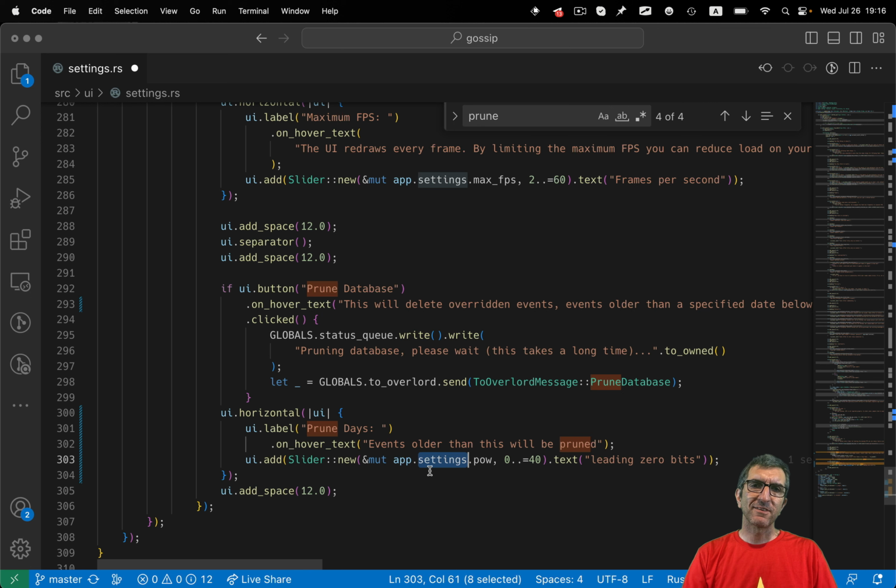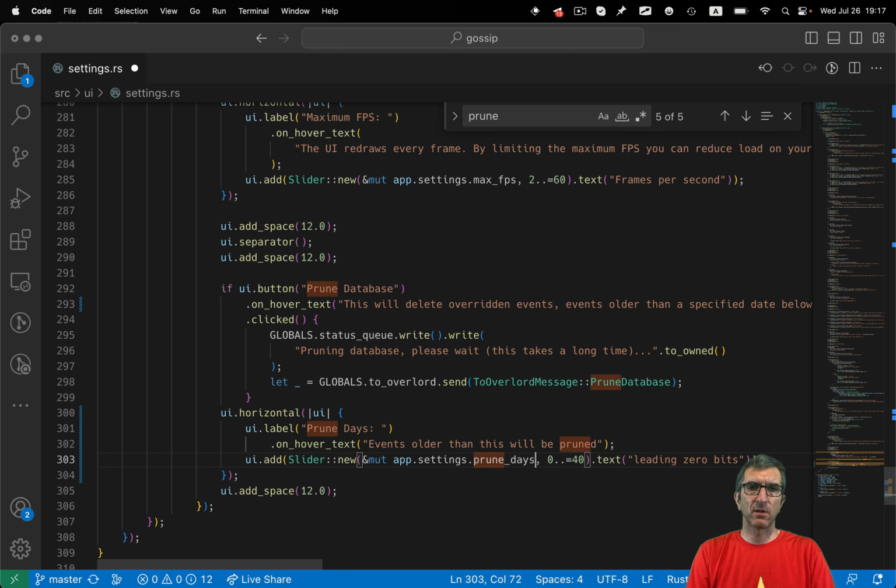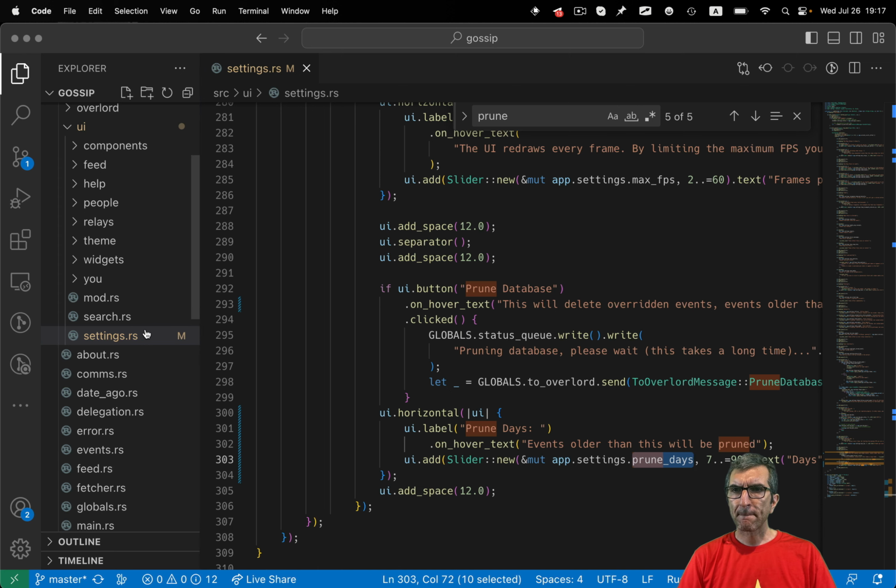On the app settings, there is a configuration. Now it's a proof of work. I will create a new one, like prune days, and we'll set it between say 7 to 90 days. And the text is days. Okay, I should configure this somewhere, but where?